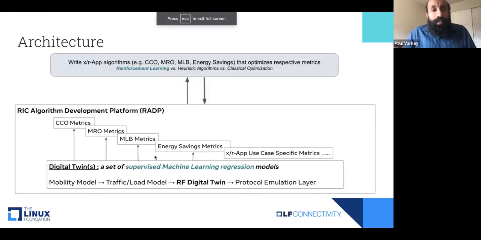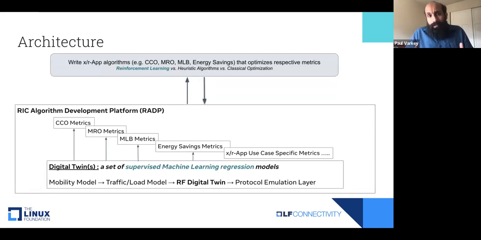Next slide, please. So as Murali mentioned, the core offering of the Maverick project is shown in the box below, where we stated RIC algorithm development platform. That's essentially what we are offering to the community: a developer kit. A core part of this developer kit is what is known as the digital twin or digital twins, which are ML, regression or supervised learning type models. And again, it's worth emphasizing for the developer community that all of this is built on an open source stack,